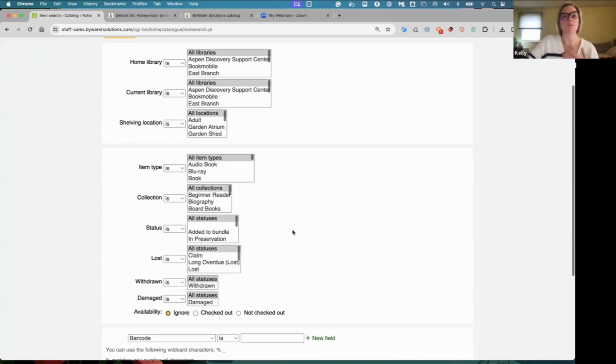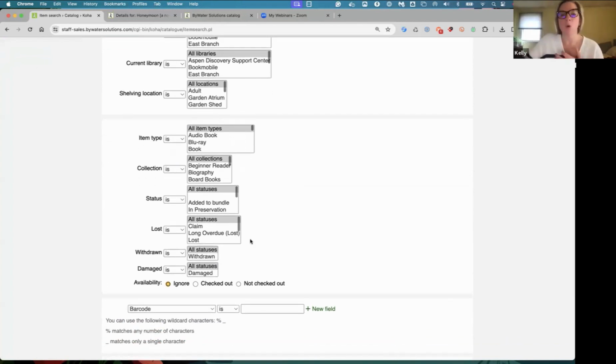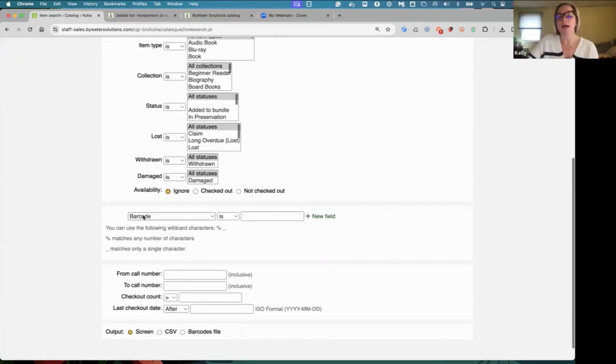If I was looking for something that was in processing or withdrawn or damaged, or I have a new volunteer at the library and I want them to just go look for missing books, I can pull that report really easily here. I also, through the item search, I can search for specific fields that are built in, or